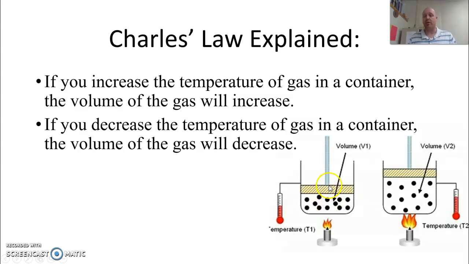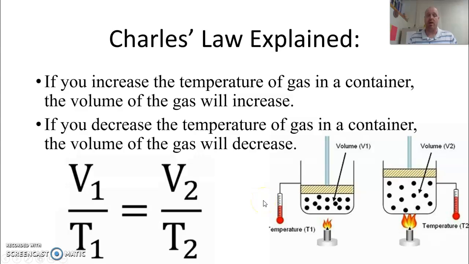All right. Now you'll notice right here again shows a little example on the bottom of the temperature. All right, and remember we are maintaining pressure. So the pressure we want to be about the same. So we're just going to change the temperature and the volume. So our formula is very similar to Boyle's law, except we're looking at volume and temperature instead of volume and pressure. So it's volume divided by the temperature on the first side equals the volume over the temperature on the second side. So V1 divided by T1 equals V2 divided by T2.